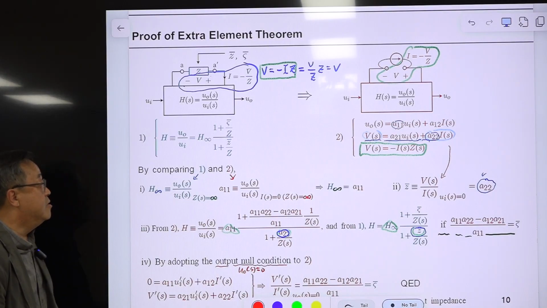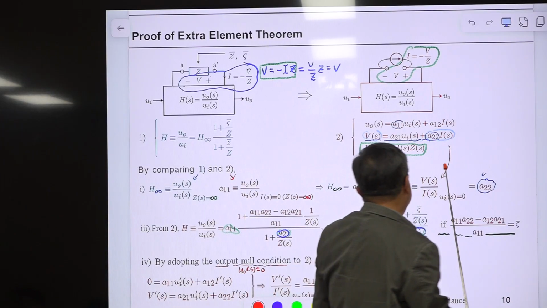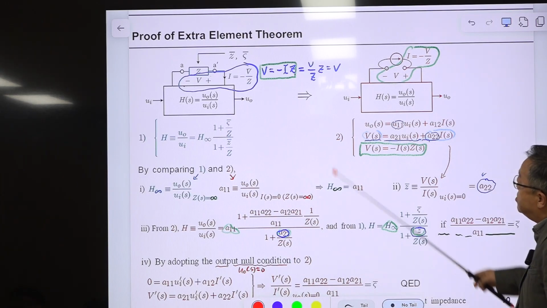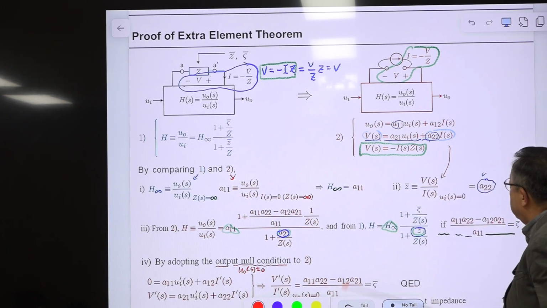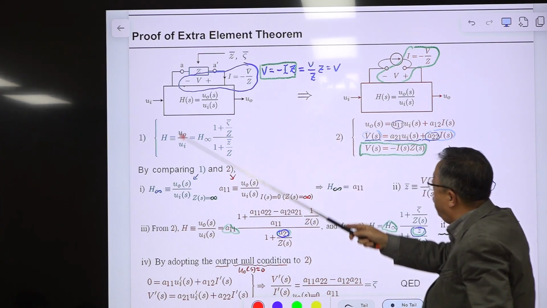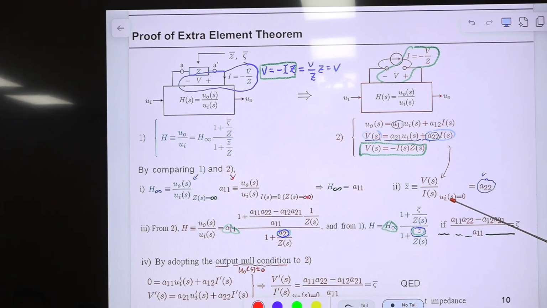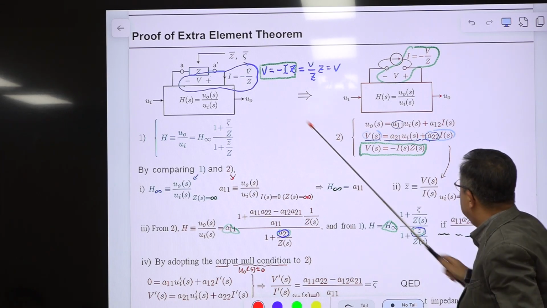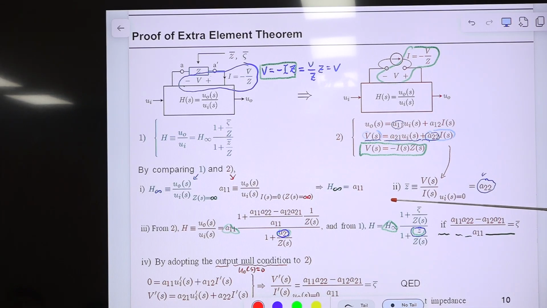All right. Then this one, this is the driving point impedance. This driving point impedance is defined as the impedance seen through this slot with input becoming 0. You change this. This is the definition: input is 0, and the ratio of this is this G bar. So the input is 0, this is 0, and the ratio of this and this becomes A22. So G bar, the driving point impedance, is A22. They are equivalent. They are the same thing.